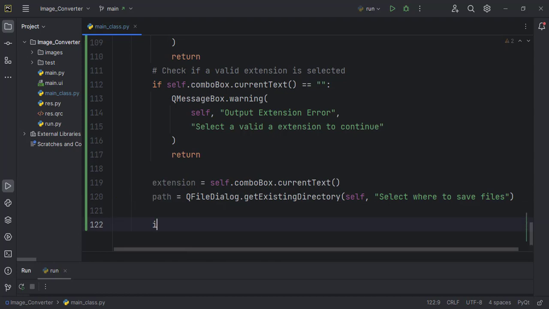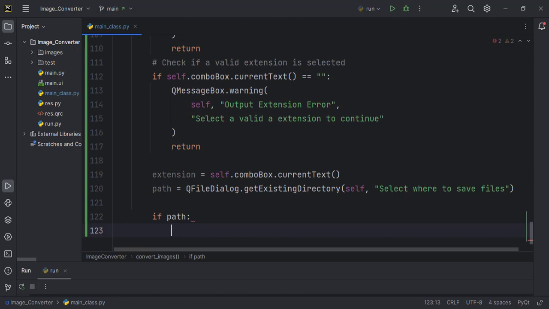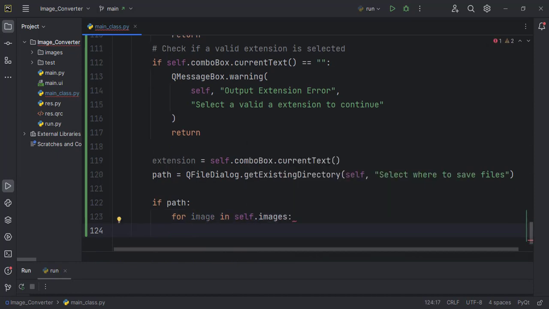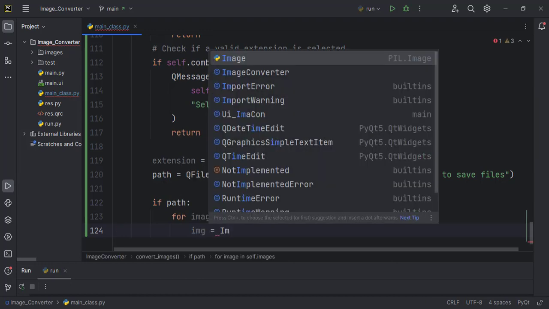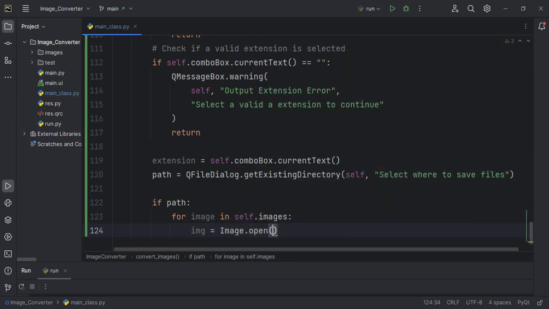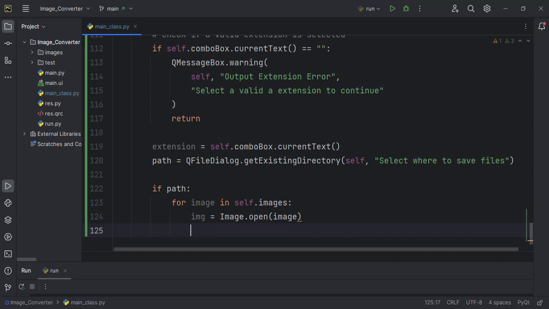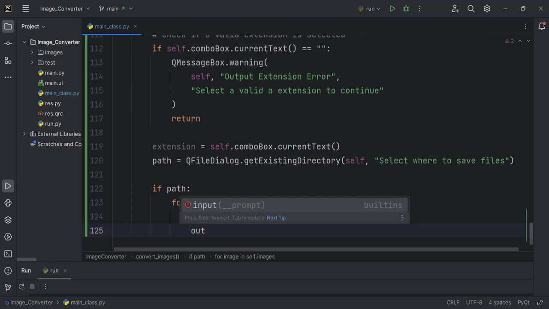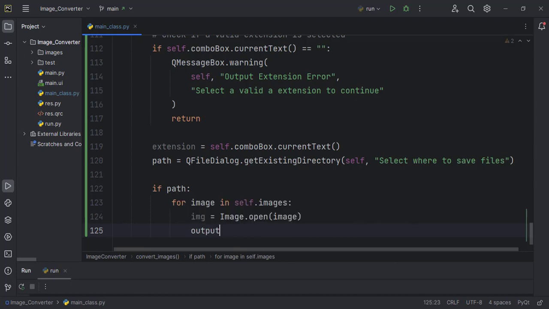Now we can check. So if path, that is if the user actually selected the folder in the window that popped up, then for image in self.images, we open it with Pillow, img equal to Image dot open, and let's say the output image, let's name it output image. Now will be equal to